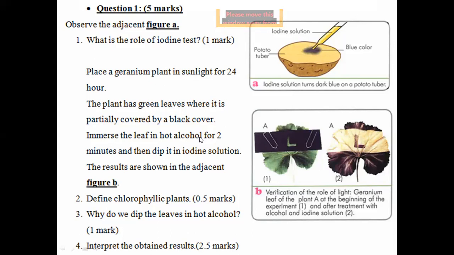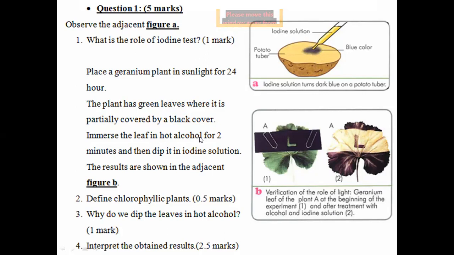What does this indicate? Whenever we have dark blue color with starch, what does this indicate? This indicates that starch is produced in the part exposed to the sunlight, and no starch was produced in the part that was covered by the black paper. This is the indication here. If I ask for a conclusion, it should be general: light is important for the process of